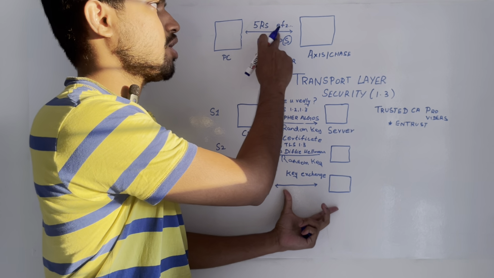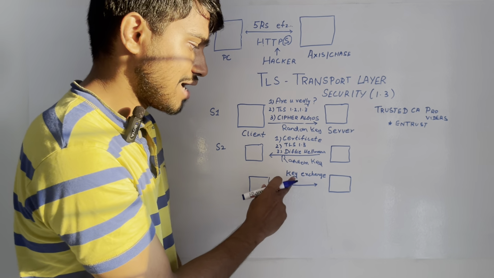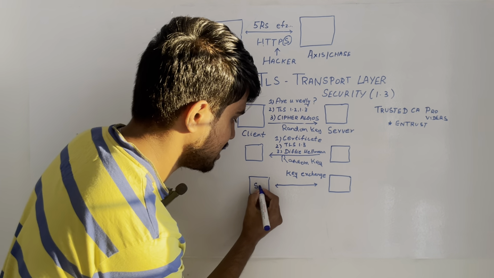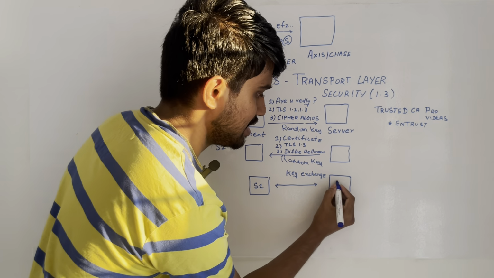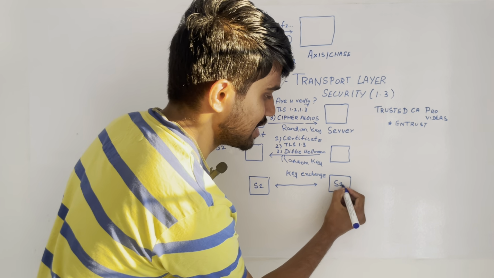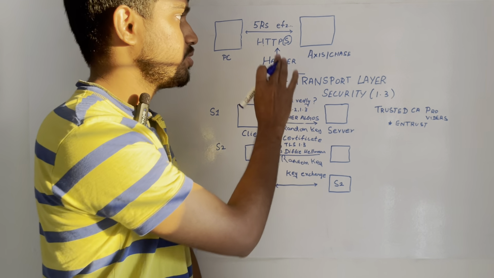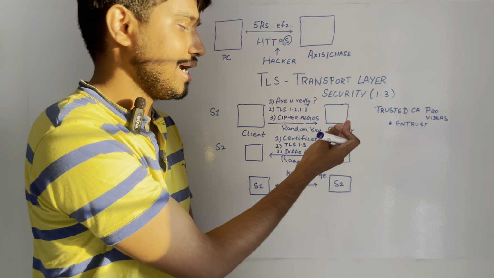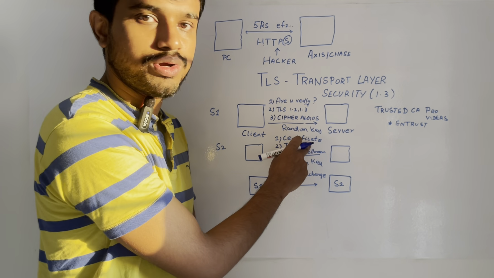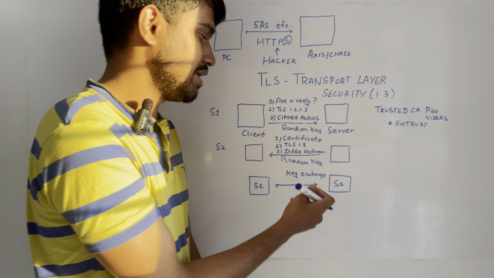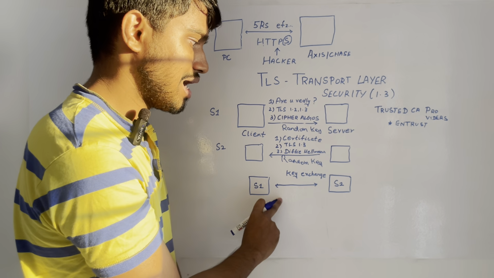From 5 rupees, how EFZ comes is they have a key which is a secret which is common. The client has the same secret S1, and Axis Bank has the secret S1. So this is only for this session. So if you reach out to Axis Bank later in TLS 1.3, again this key exchange will happen and a new key will be generated, right? So a key exchange will happen, and now